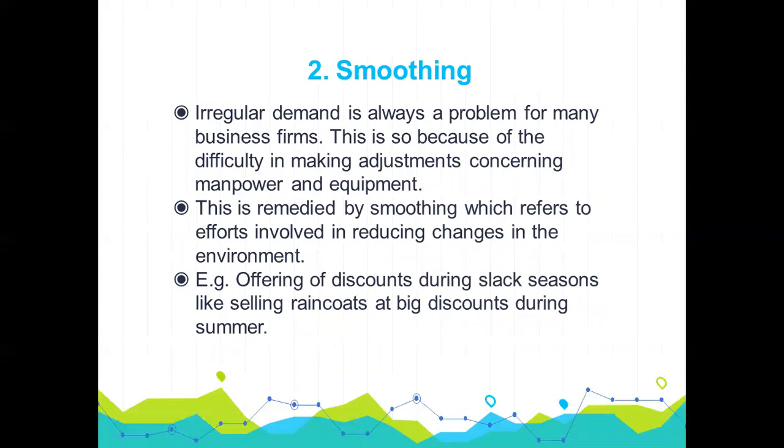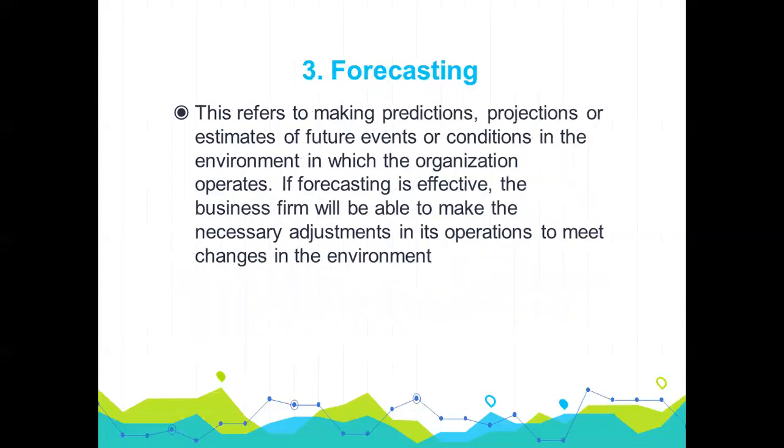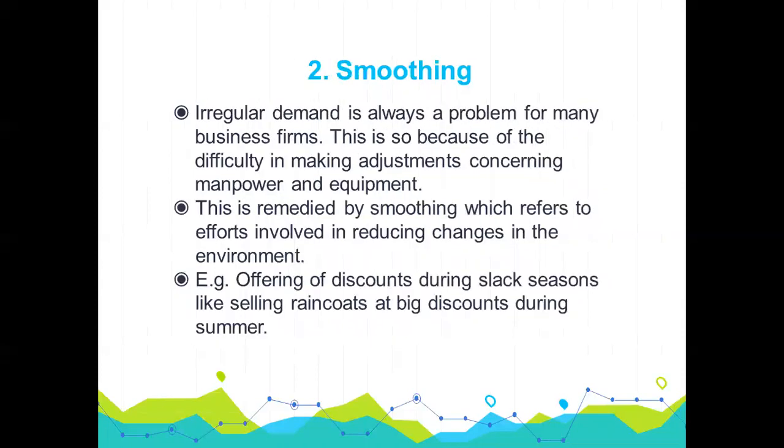This is because of difficulty in making adjustments concerning manpower and equipment. This is remedied by smoothing, which refers to efforts involved in reducing changes in the environment. Offering of discounts, for example, during slack seasons, like selling raincoats at big discounts during summer, is one example of